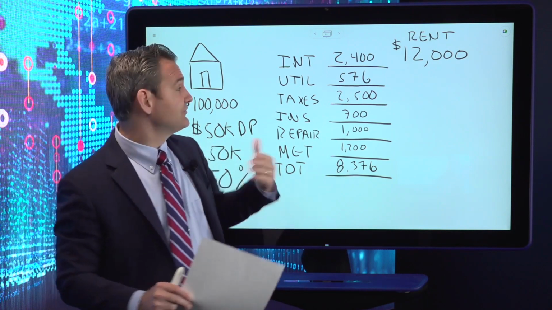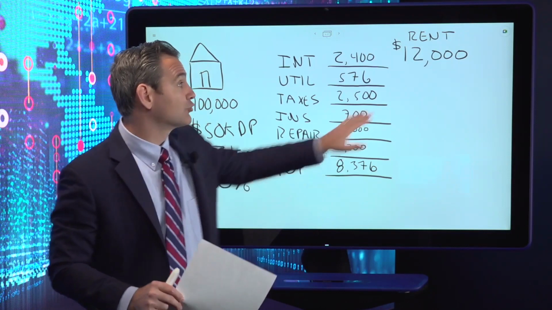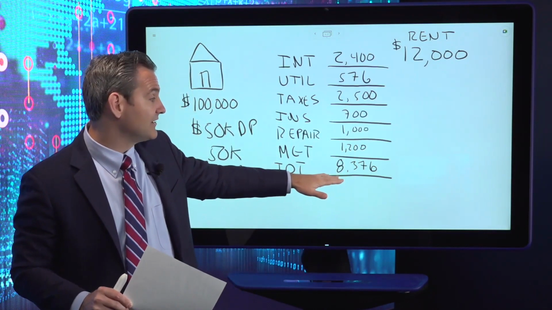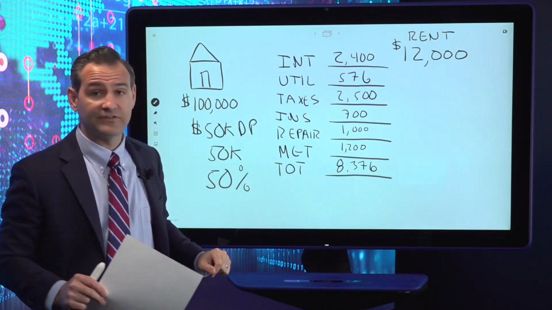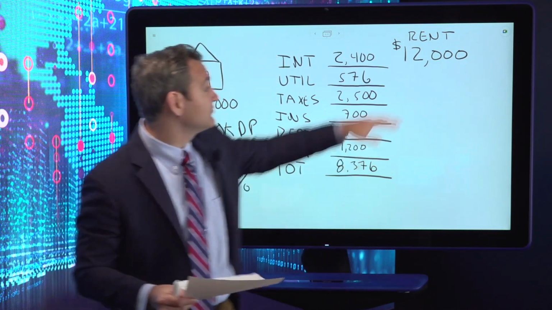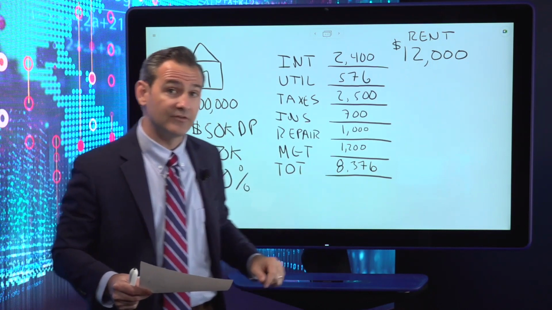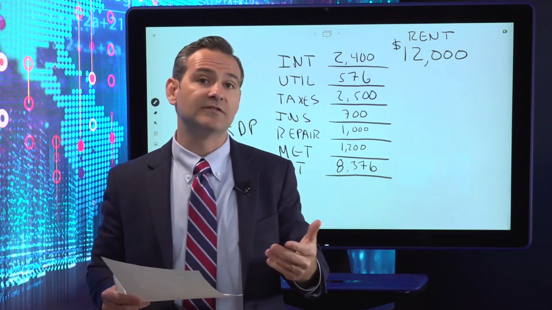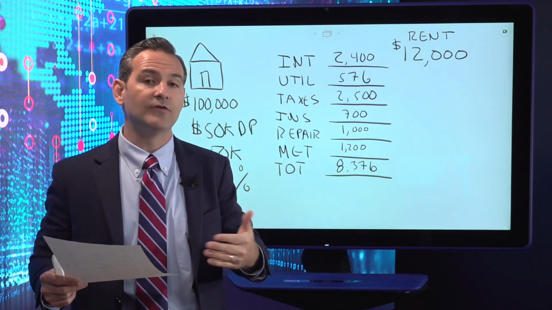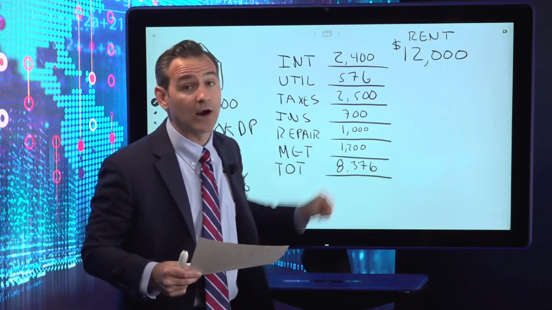$8,376. Now let's assume that we're commanding a $1,000 per month rent. So our gross rent per year is $12,000. And then we have our total operating expenses of $8,376. So one would say, okay, our net gain is $12,000 minus our operating expenses of $8,376. Well, that's not necessarily the case, because this is a rental property and we have the opportunity to take advantage of the depreciation write-off. So let's look at what depreciation would look like on a property like this.